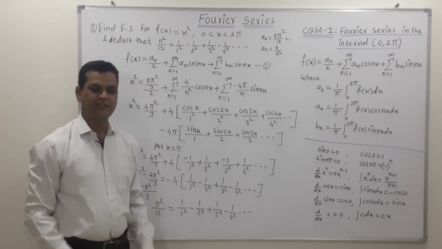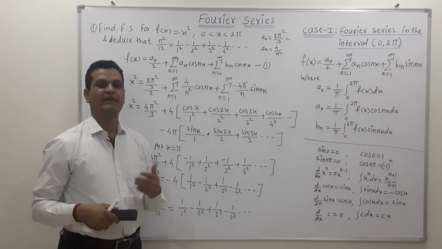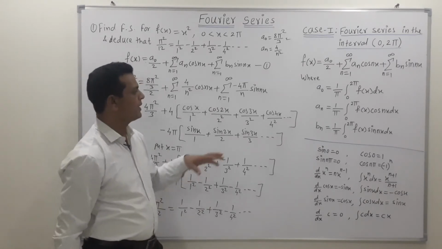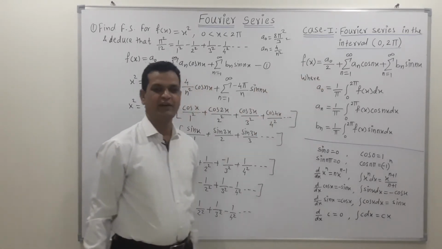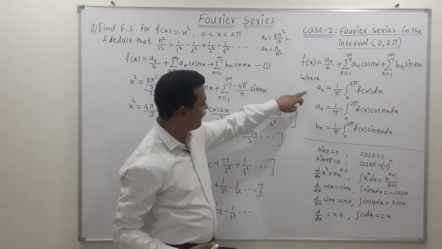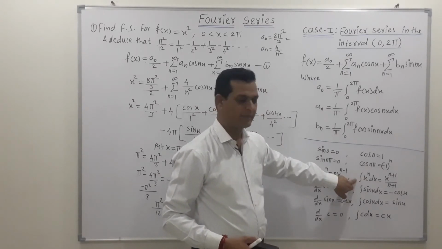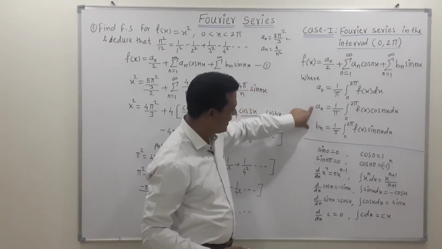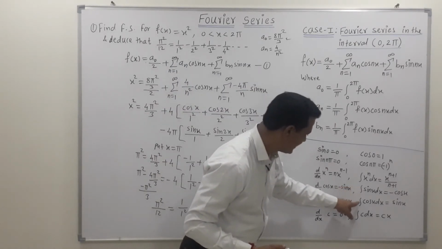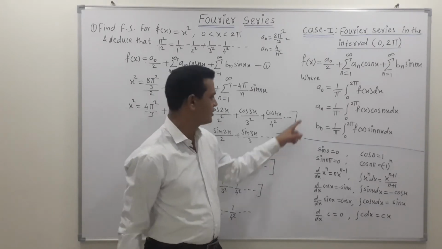So this is the first example, which is very simple, for finding the Fourier series expansion. Once again I will summarize this example. Whenever the interval is 0 to 2 pi, use this result for finding the Fourier series. So find out the coefficients one by one. For finding the value of the first coefficient a0, generally the integration of x raised to n formula is applicable. Then for finding the value of an and bn, the general rule for integration by parts along with the integration of sine and cos results are useful for finding these coefficients.